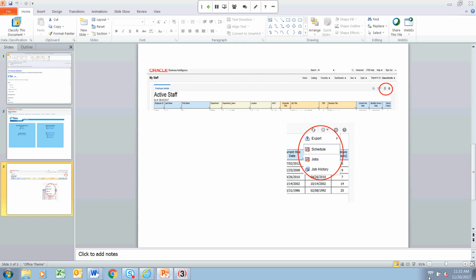And I'll just finish by saying I know that this is a lot of information, but please don't worry. There are plenty of resources that are available to you via job aids, or housed in the HR services portal, or you can contact HR services for support via phone or email. So at this time, I will hand over the presentation to Lori, who will discuss the Manager Resource Tool. Thank you.